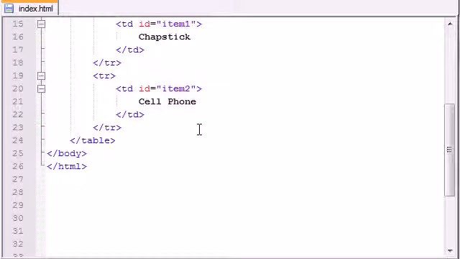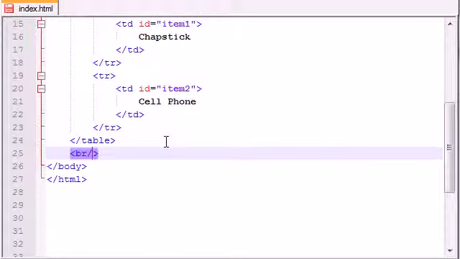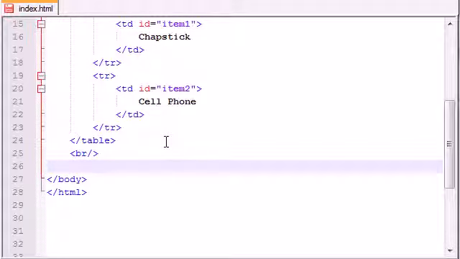But in order to style it dynamically, according to whenever the user wants to, we need to give the user some way to change this, and the most common way is just through buttons. So how do we create buttons? Well, let's just go ahead and add a break so it's not on the same line. It looks a little bit nicer, and we just go ahead and add, they're kind of like submit buttons, but